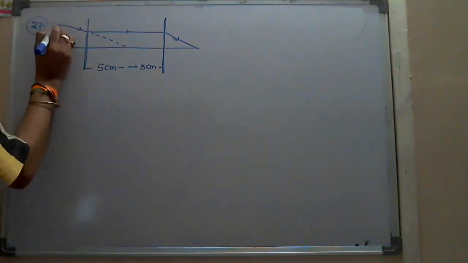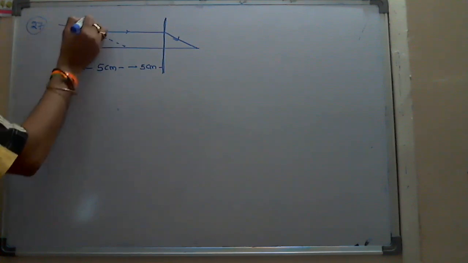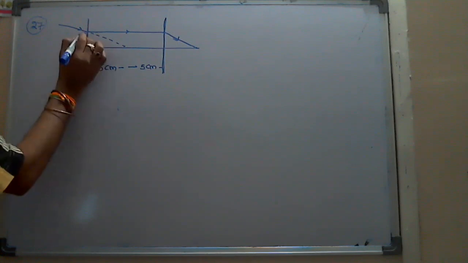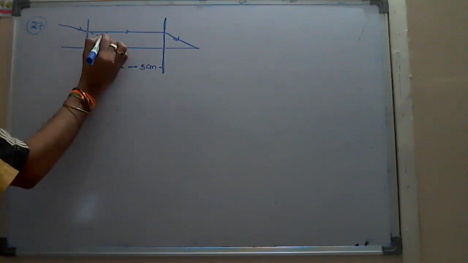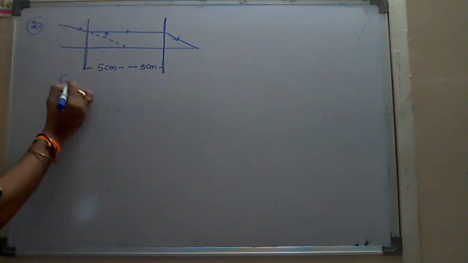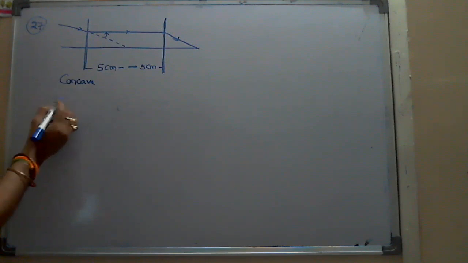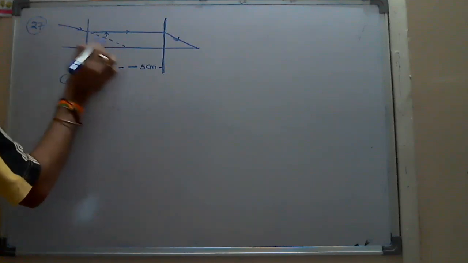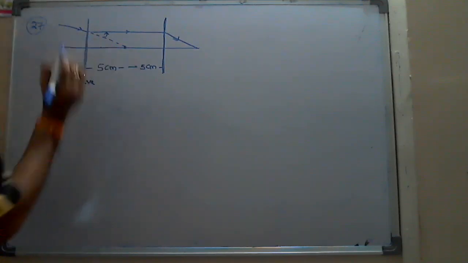Look at here. This is one light ray falling on one lens, either convex or concave. Actually, if it is converged, towards the principal axis, then it will be a convex lens. But look at here, instead of traveling like this, it is diverged, away from the principal axis. Away from the principal axis means it is a diverging lens. A diverging lens means it is concave. And that too, diverging from parallel means the light ray appears to come from the focus.